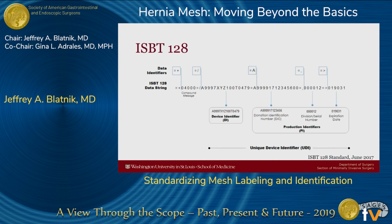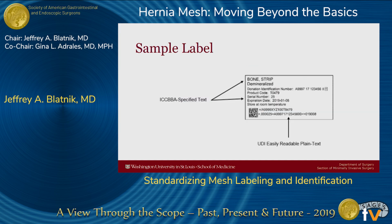But unfortunately, this is kind of what they came up with, which, unless you have an advanced degree in mathematics, is really kind of hard to understand. They did try to standardize it a little bit more into this sample label. You can see it has some very basic information: what kind of product it is, what's in there, the serial number, the expiration date. Again, all things we're familiar with seeing in the operating room, but it doesn't really provide a lot of that endpoint user information that we may need to make our decisions